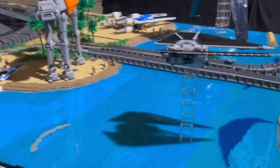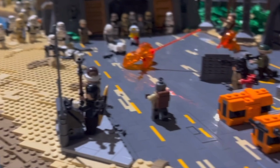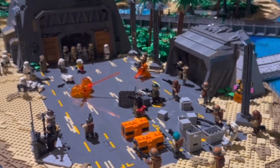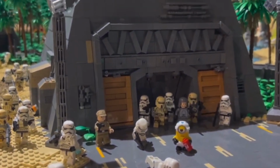The bright colours on display are a real highlight here. The trans blue bricks make the water look absolutely stunning, and the Citadel Tower looks amazing. The design is so intricate, I really can't imagine how long this would have taken to build, but it was well worth it, as this MOC has to go down as one of the best ever LEGO Star Wars MOCs